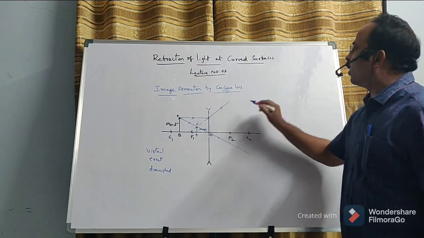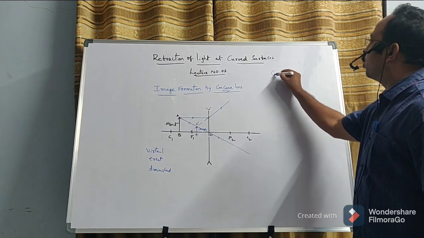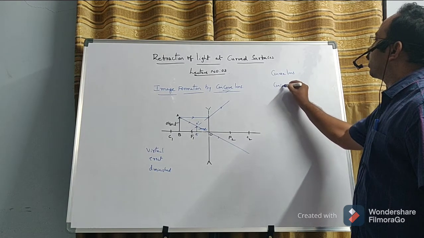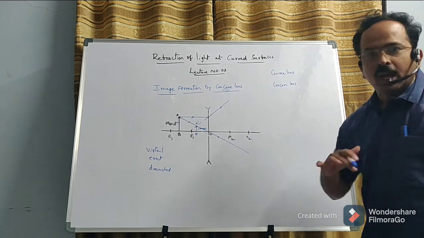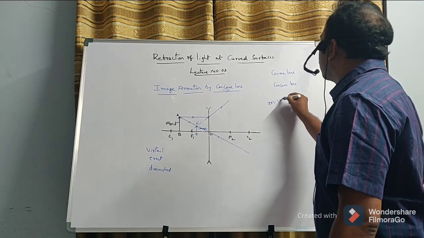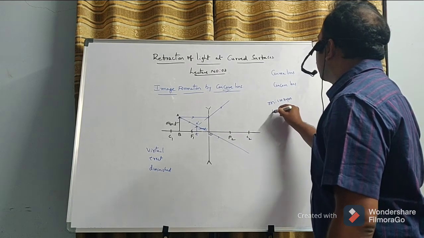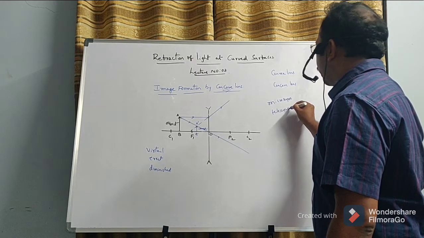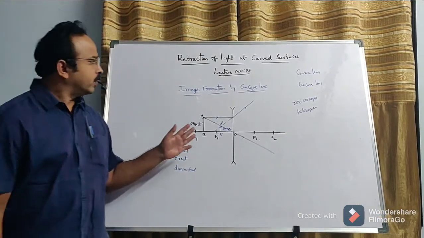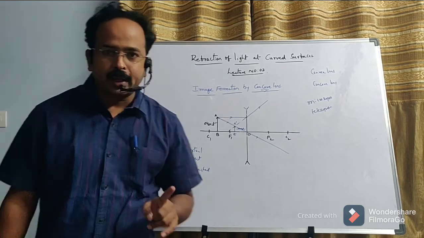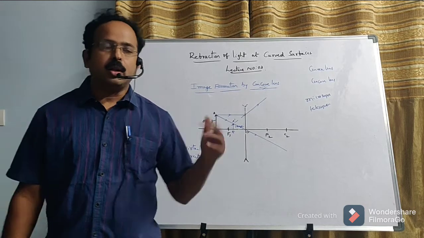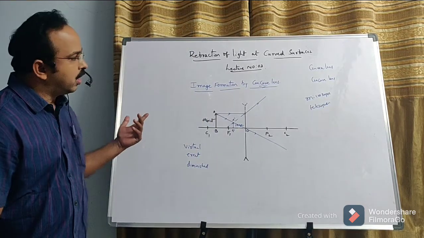So this is about the concave lens, and in the class before, yesterday's class, we discussed the convex lens. Convex lens and concave lens combinations find applications in microscopes, telescopes, etc., to view objects. Dear children, remember very carefully: for the concave lens we have only one diagram. For the convex lens we have 6 different ray diagrams. Are you understanding? In the case of convex lens we have 6 different cases.